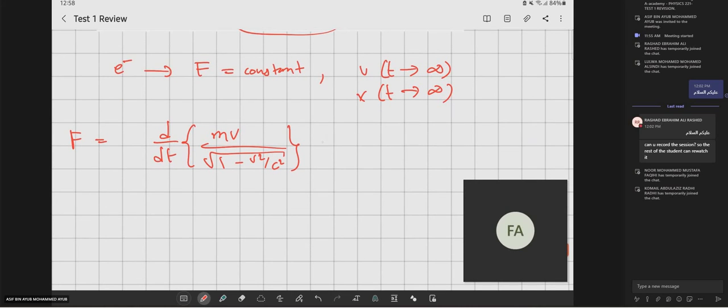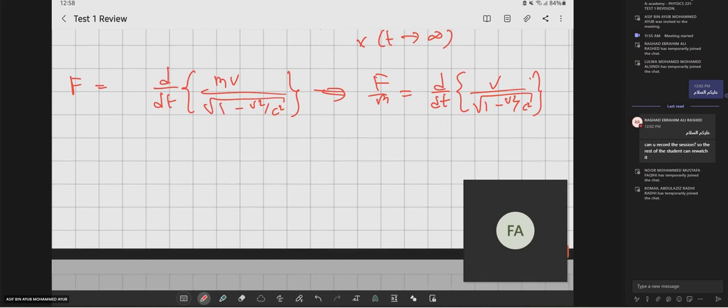And so m is a constant, so I can take that out. I can write F over m equals d by dt of v over square root of 1 minus v squared over c squared. Now, if I use the quotient rule, remember the one that we proved in one of our lectures before, in the fourth lecture, I believe, I can find this. So F over m equals dv by dt times square root of 1 minus v squared over c squared. I'm just using the quotient rule here,